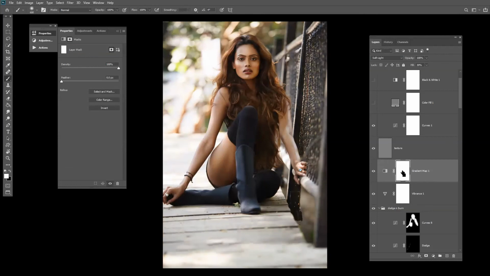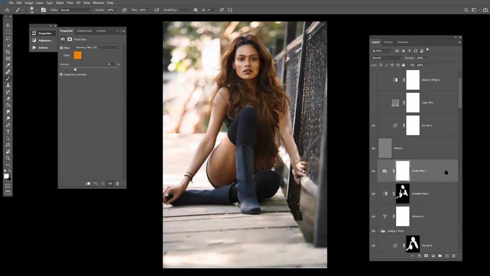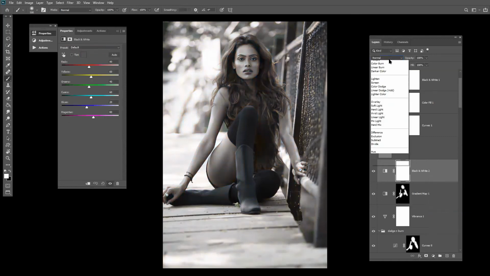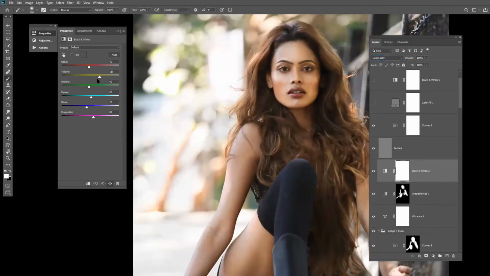You can decide on your choice. Now I will just take the face area and try to brush it out. Now one thing that we can do to such images, it's not applicable to all the images. For certain images you can go to black and white layer and put it to luminosity. Now you can adjust the brightness with the yellows and the reds.